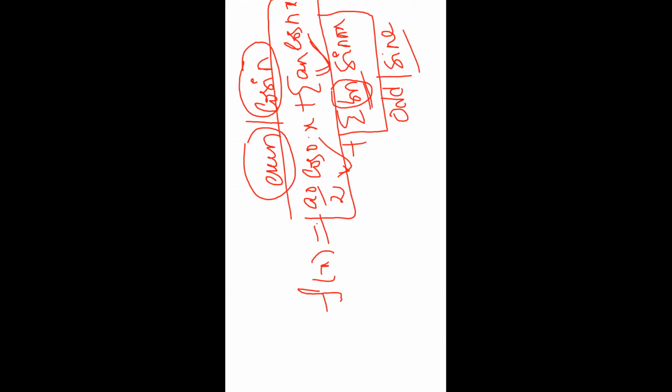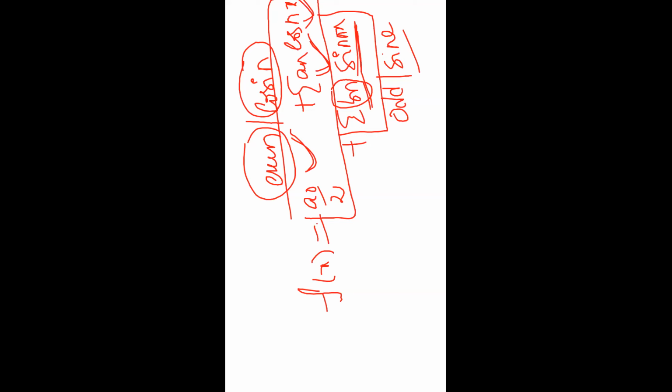In the first term, we take it as a multiple of cosine. There is no cosine term, so we have to write cos 0x. We know that cos 0 equals 1. So the first term, a naught, is also a cosine multiple. The second term is also a cosine multiple. These two are even functions and sine is odd. This is called the odd function.